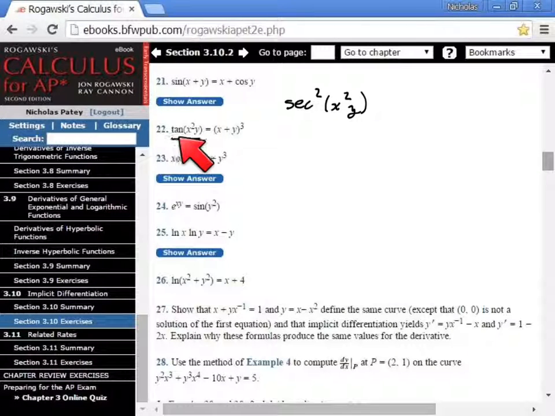So the derivative of tangent is secant squared the inside. Now I have to take the derivative of the inside. And to do that, we're going to use the product rule. So we're going to multiply this product rule. So the derivative of x squared is going to be 2x, then times the second, plus the derivative of the second,